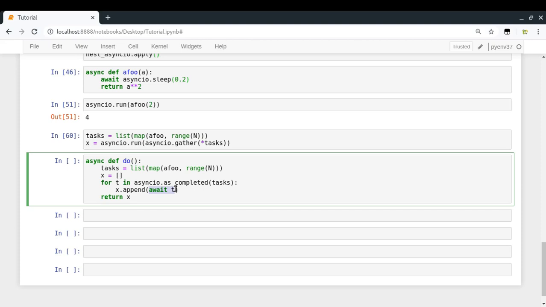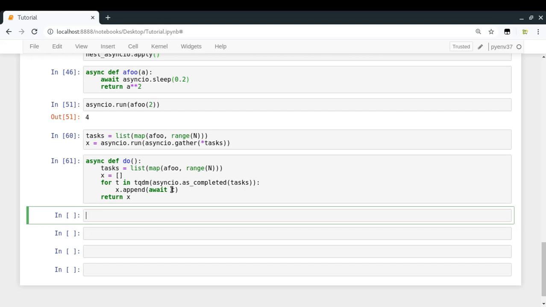But still you're getting some result through an iterator, and that's why I can use TQDM. This gives me a chance to use TQDM, and I'm just doing x.append(await t). So what happens on doing await t? It will wait for that coroutine, which is supposed to be the earliest next result, to produce the result, and its value is being stored by x.append, and that's it.